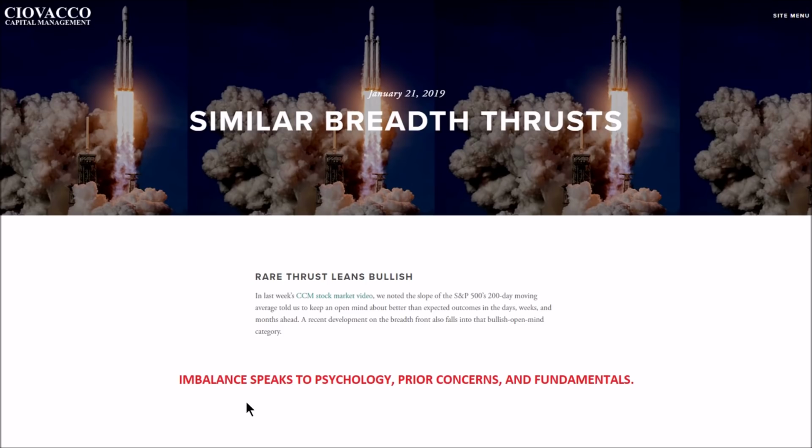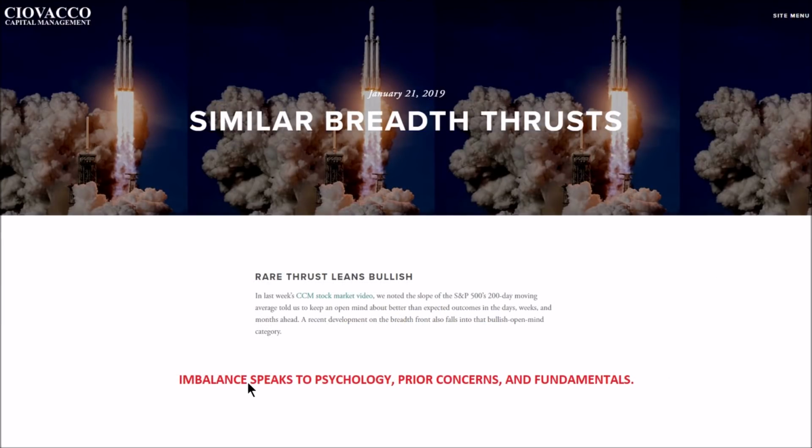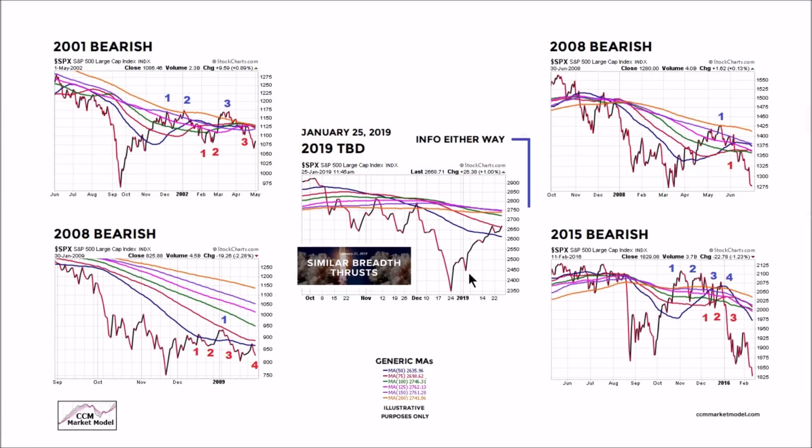What does that tell us? It tells us the market's fundamental concerns, the magnitude of those concerns, shifts significantly. Something that the market was very, very worried about has changed. One excellent example, the Federal Reserve. So this imbalance, this hard evidence that we have in hand, tells us to keep an open mind about